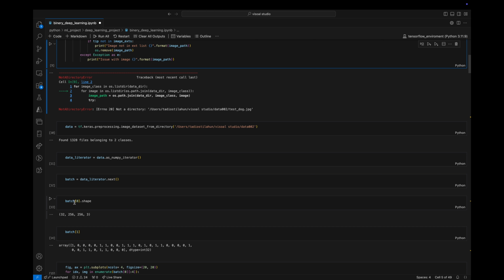We're going to randomly choose some index from here, I think. If you say batch 0 dot shape, it's going to show us the shape of the pictures. The batch is going to be 32 images, and the first index of the batch is going to be the images, and the second index is going to be the label, which is 1 or 0, which means